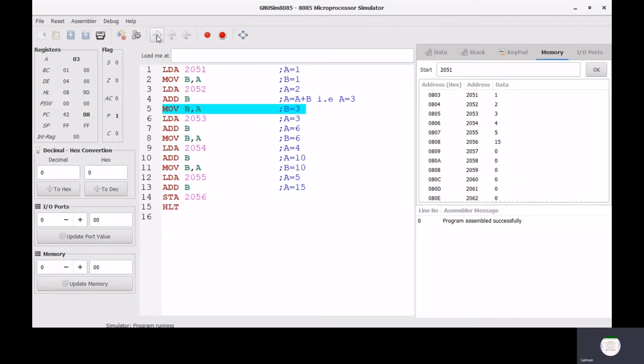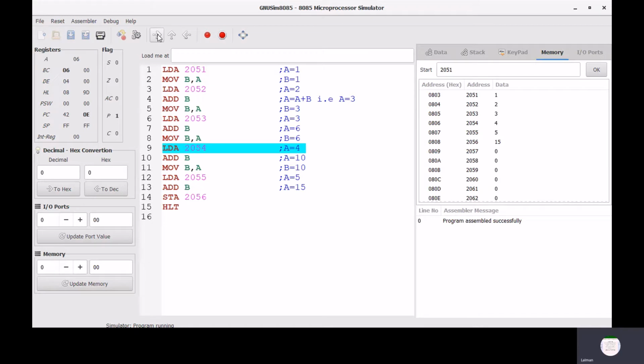Now take the input from 2053, that is 3, and add it with the data value of register B, and now this becomes 6. Now move the 6 into register B, so B becomes 6.